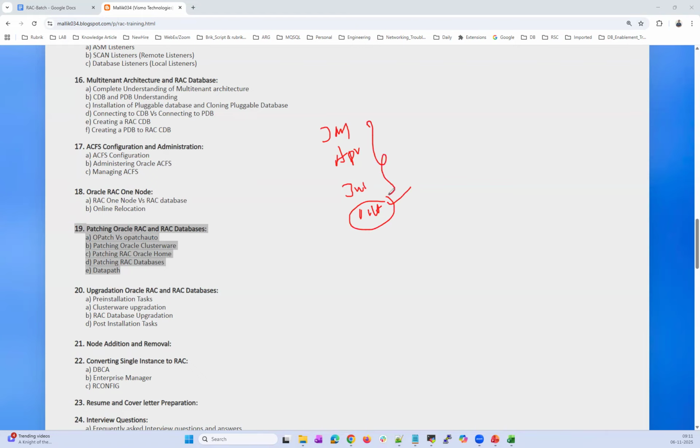The moment I say patches, there are many naming conventions in Oracle patches. You may see PSU, CPU, bundle patch, one-off patch, merge patch, interim patch, hard patch, overlay patch, diagnostic patch, superset of patch. There are so many names they are given. But for a DBA, it doesn't matter whatever the patch is. We are just applying that patch on my grid home or my Oracle home.